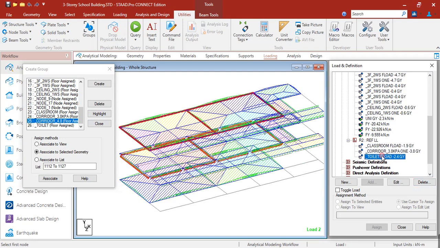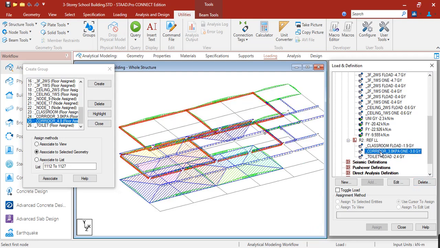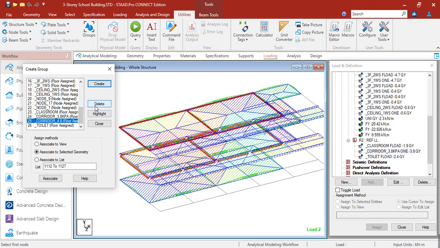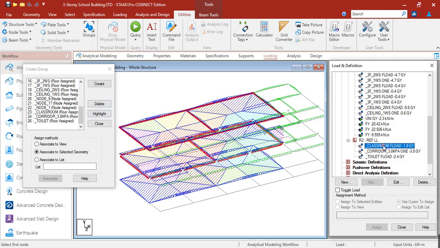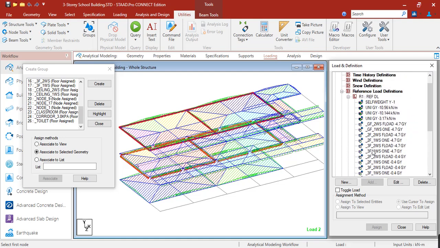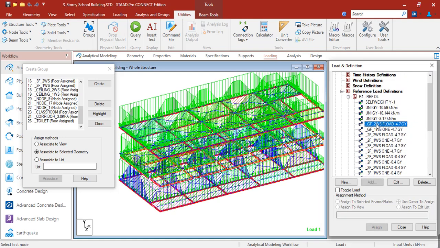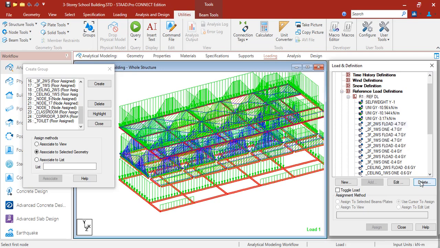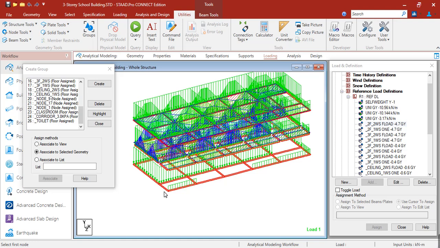Okay, so you can just manually delete it in your loadings and also delete it in our groups. Okay, so let's correct some loading. For the live load, it's okay now, but for the dead load, let's delete these two loadings. So for the ground floor, delete and then delete also. But for the walls and the railings, it's okay that we already loaded it to our beam since the beam will carry the loads for the walls.